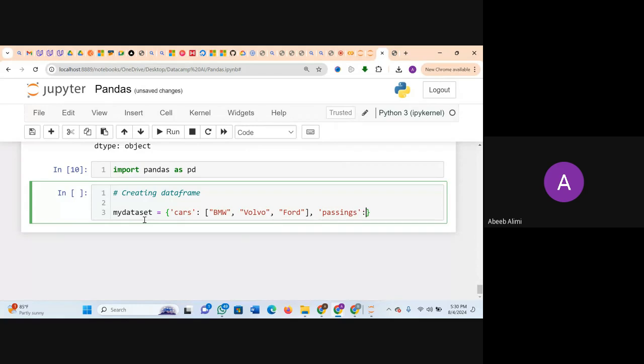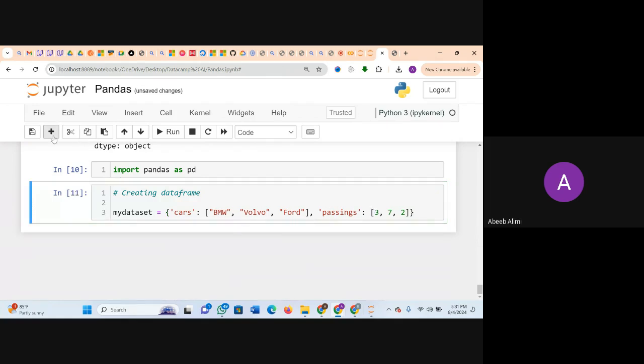Now the values should be represented inside a list, but the number has to be equal to the number of items in the first key. If not, it represents it as an empty row. So in this case, we have 3 for BMW, 7 for Volvo, and 2 for Ford. Once we have this, we can run it.